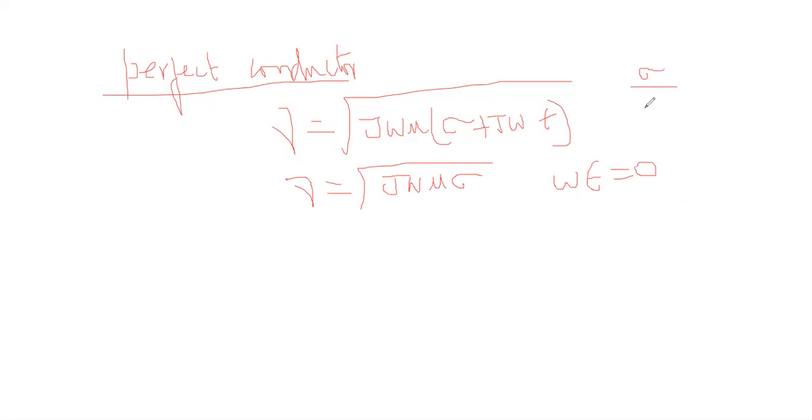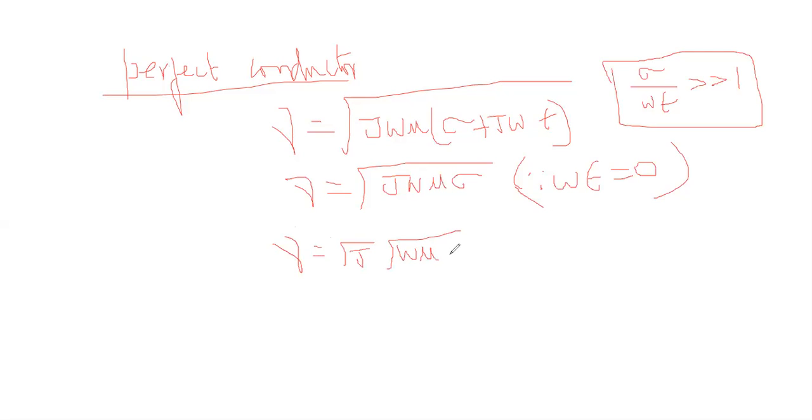From the condition, sigma by omega epsilon is greater than 1, using this condition the conductivity is more here. Since omega epsilon is equal to 0, gamma can be written as under root of j times under root of omega mu sigma. What is under root of j? It means 0 plus 1j. When you convert into the polar form, 1 with an angle of